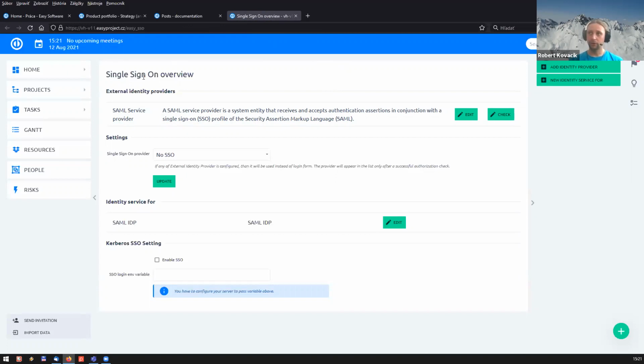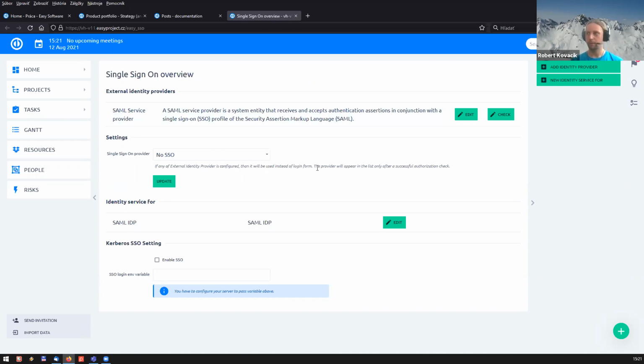I'm talking about single sign-on capabilities, which in translation means that we support Azure AD, and we support the OAuth 2.0 protocol, which means that you can log into the application via Google credentials or Facebook credentials, or any of the other 1,000 applications that support